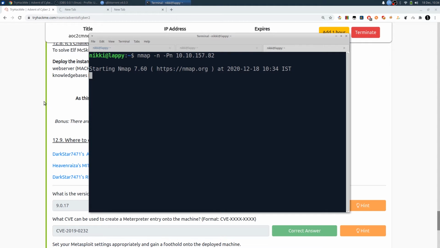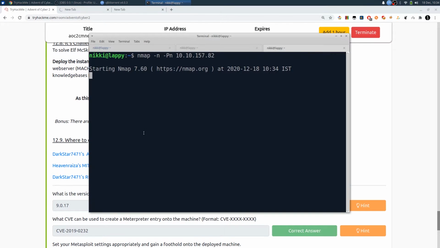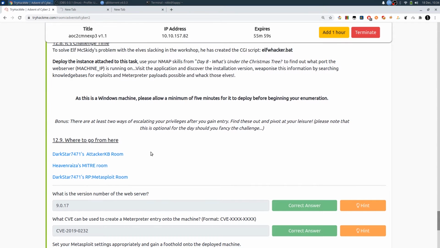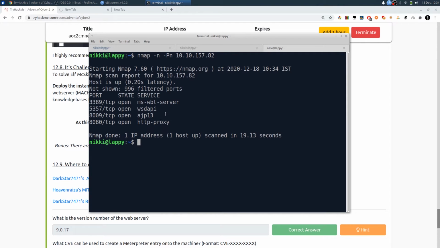I don't think the web server is running on port 80. Maybe it's on a different port. So let's find out using nmap. Okay, it's running on 3389.